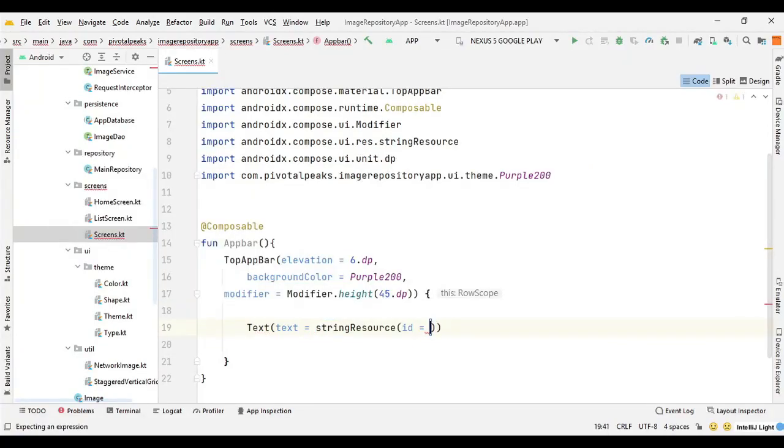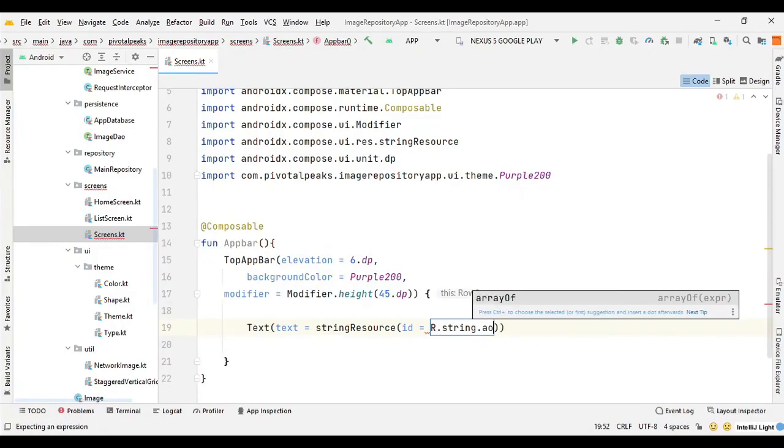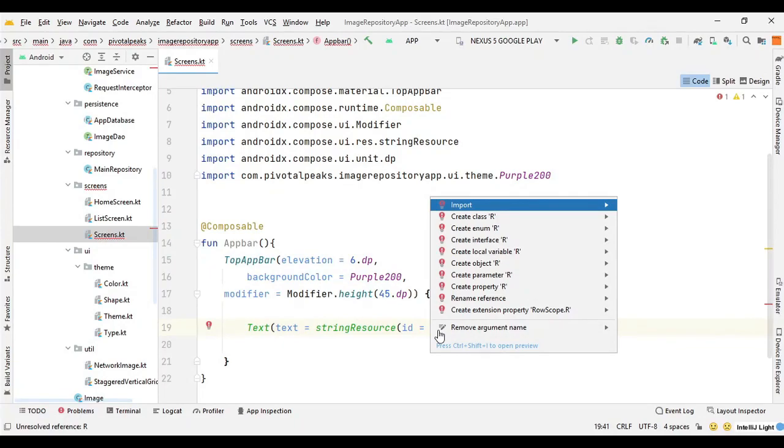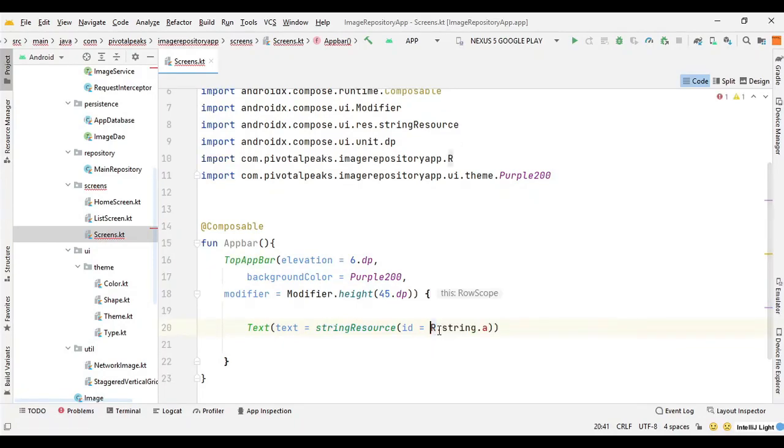So we can say id r dot string dot app name, and I guess I have to import the resource, otherwise I cannot access it. So let's import it, and r dot string dot app name.